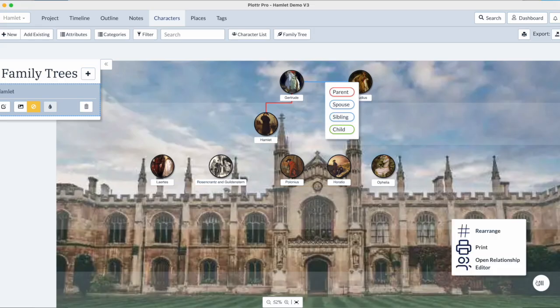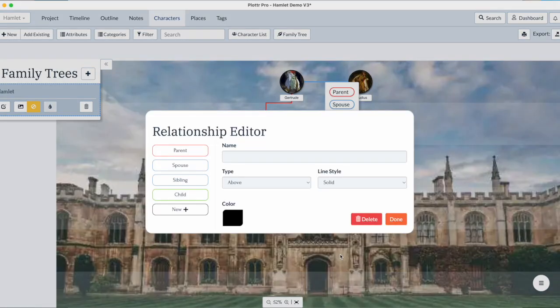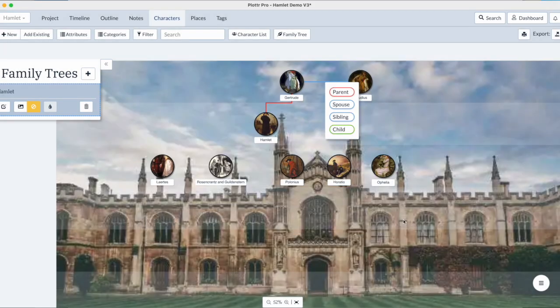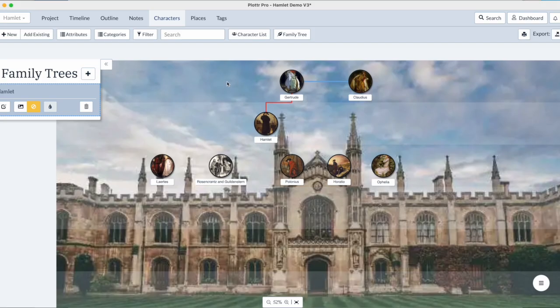And I can change that down here, relationship editor. So parent, spouse, that's the side by side. Parent is the one that's from above, child is one below, and you can create all sorts of new ones, different colors and line styles and things like that. But yeah, so I'm looking for, I think there was,